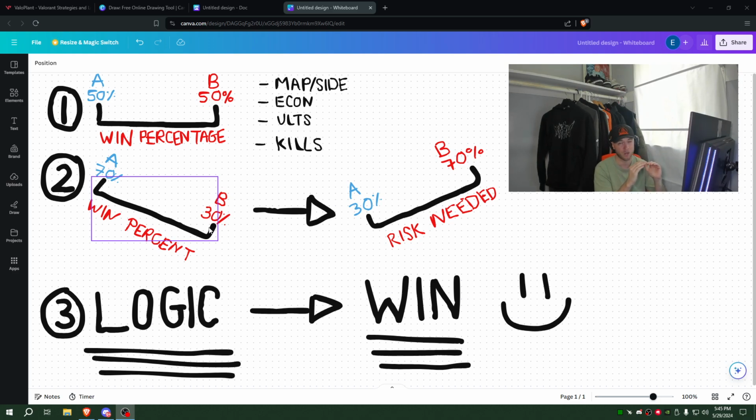This is something that I talk about a lot in my private sessions, is just how to be logical, how to play to your win condition, how to understand when you have a win condition, and then close out the rounds when you do. Understand what the opponent needs to accomplish in the round in order to get the round back in their favor. And when you can do that, you can force them into a lot of disadvantageous situations where you can capitalize and keep that win percentage going from 70 up to 80 up to 90 up to 100 when you close out the round.